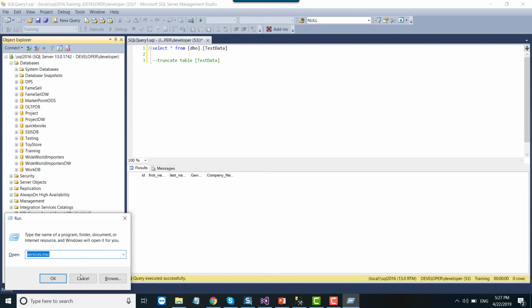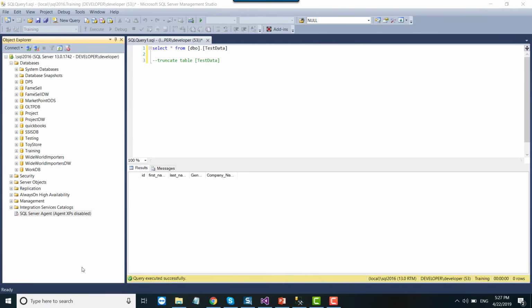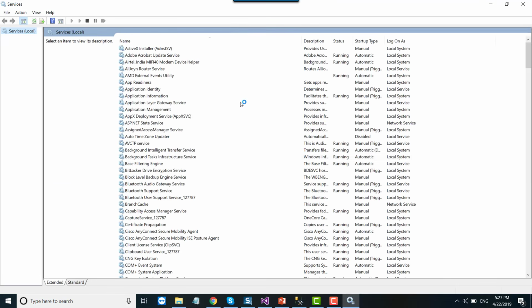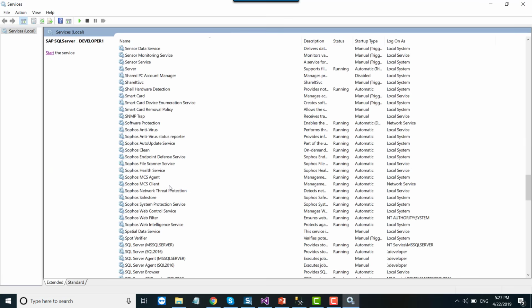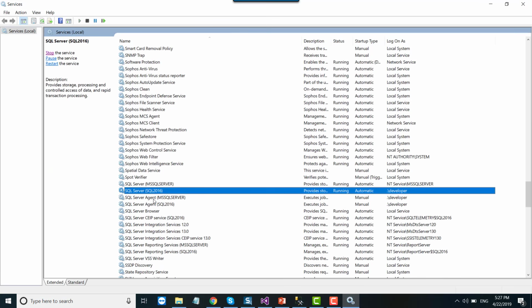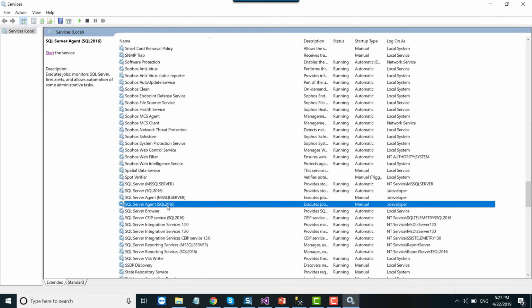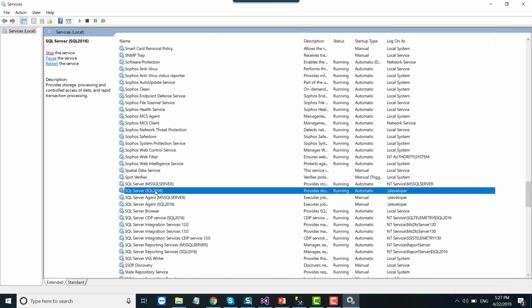So you can open the services by typing services.msc under the run command, and then go to the SQL Server agent job. So this is my SQL Server agent SQL 2016 job. I have two instances on my machine, which are SQL 2014 and SQL 2016.